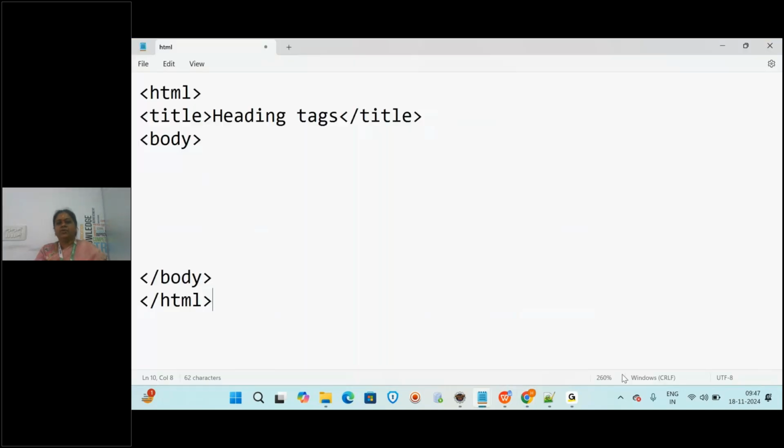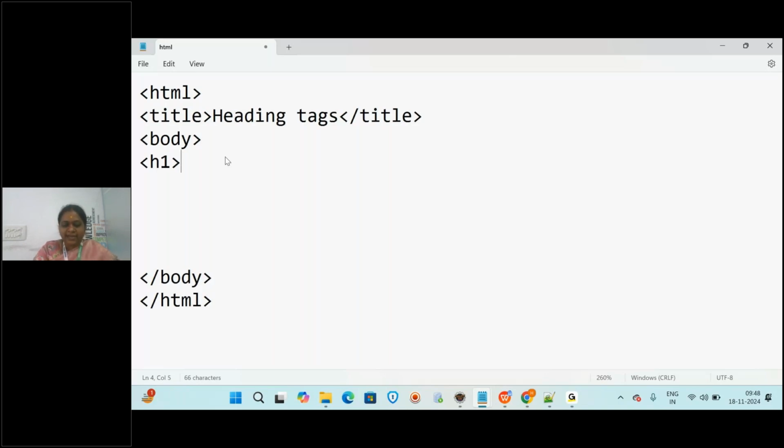Okay. So now in the body tag, I'm going to write the H1 to H6 tags. Remember one point: whatever style you want to apply to any particular text, you have to write the text between the open and close tags. That one point you have to remember. Now I want H1 style. I am writing H1. This is what? Open tag.